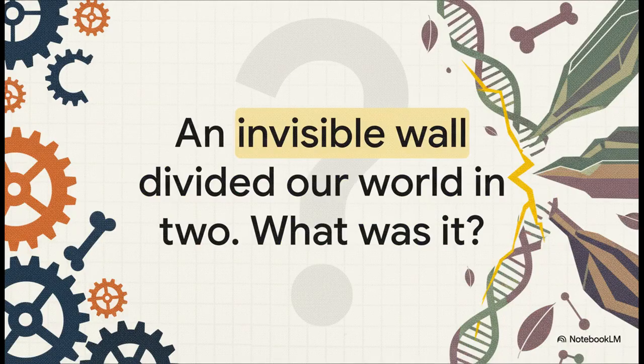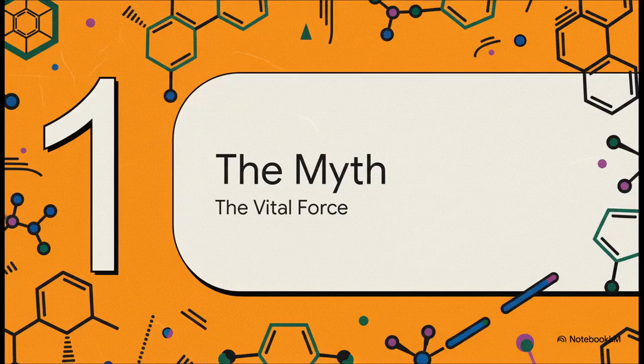But to really get to carbon's secret, we've got to go back in time a bit and solve a kind of mystery. See, for most of scientific history, there was this invisible wall that split the world in two, dividing the world of the living from the world of, well, non-living stuff. So what on earth was this wall? Turns out that wall was built entirely on a myth, an idea so powerful that for centuries, scientists believed chemistry itself was split into two totally different universes, each playing by its own set of rules.